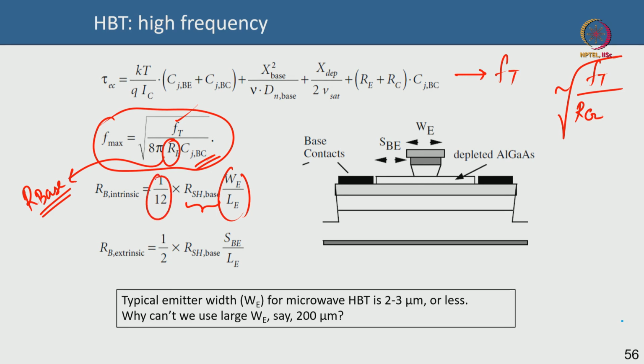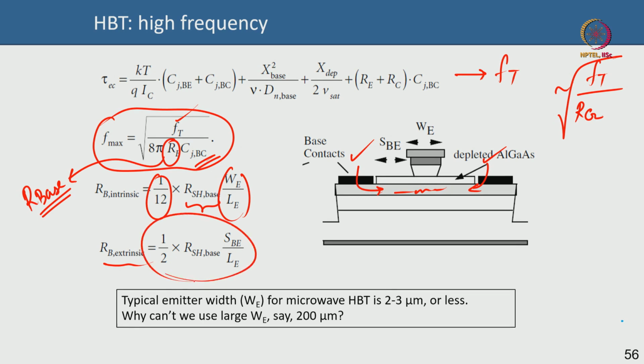The factor of 1 by 12 comes in because you have base feeding in from two sides. This is the first base, this is the second base. So base is feeding from both sides, that is why 1 by 12. If there was a single base, it would be 1 by 6. Okay. So this is the intrinsic base resistance here, and then there is an extrinsic base resistance that is given